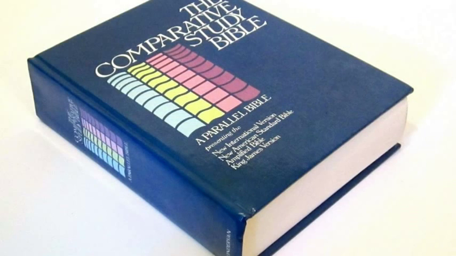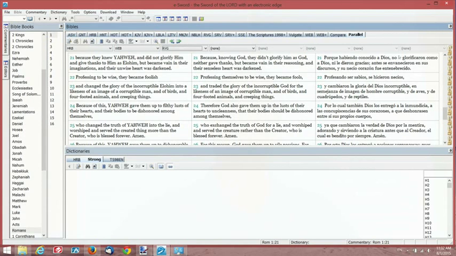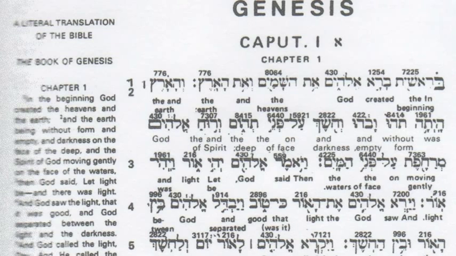Next up is a parallel Bible, and a parallel Bible presents 2 or more translations of the Bible side by side in columns. And so that's very helpful for comparing different translations. Parallel Bible. Okay, next is an interlinear Bible, and what an interlinear Bible does is it presents a word-for-word translation